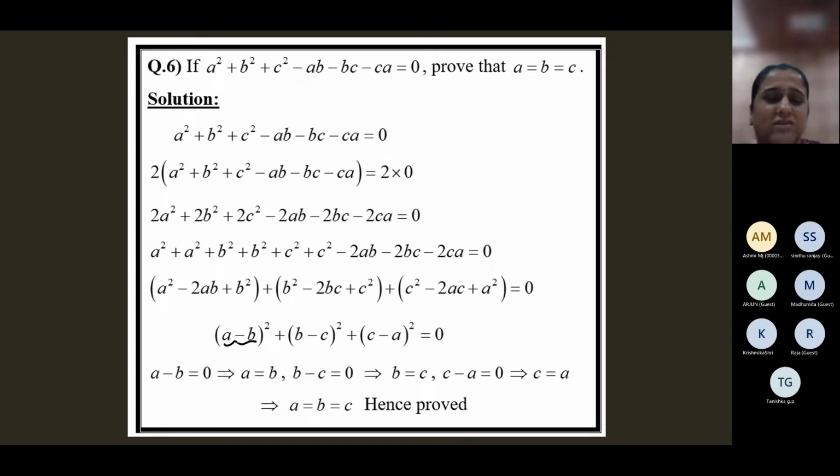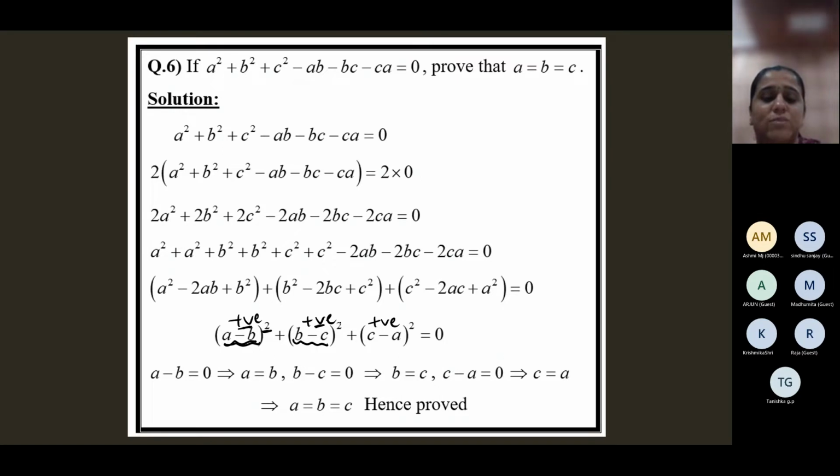So whatever is here, it is squared, so the answer is positive. We don't know the value of b minus c. B minus c may be positive or negative, but when you square it, the result is positive. Similarly, c minus a. We don't know, the answer may be positive or negative. It can be 0. But when you square it, it is positive. It can be 0 or it is positive. All right. Now,